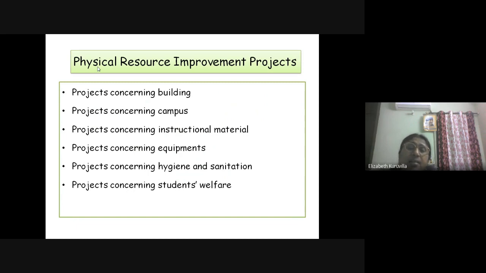In these projects, some are short-term projects, whereas some are long-term projects. I have given here 6 projects. First, projects concerning building. Now my question is whether this is a short-term project or a long-term project.